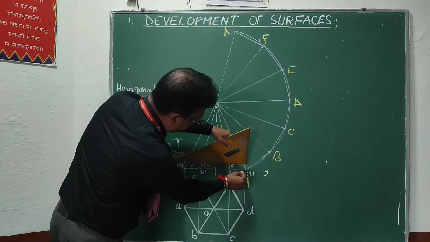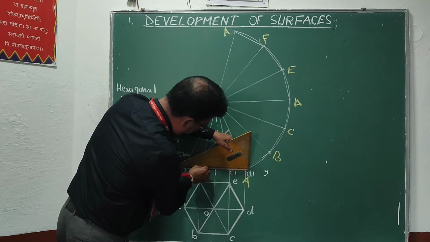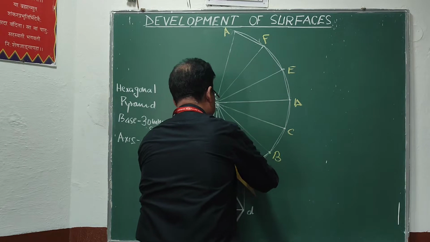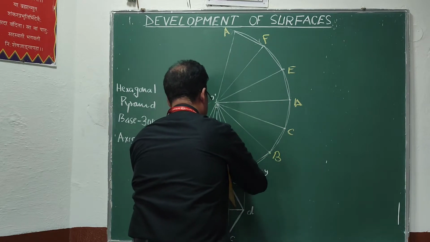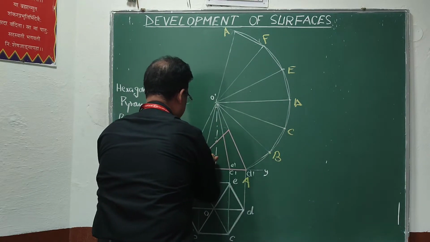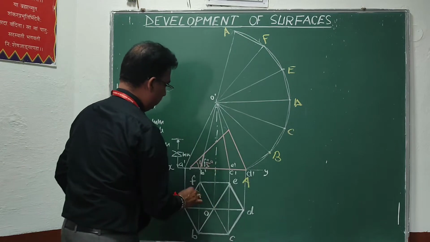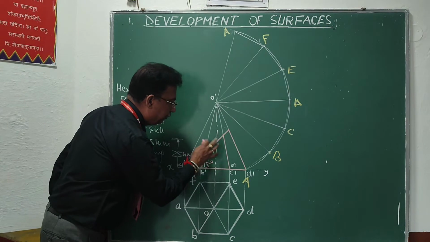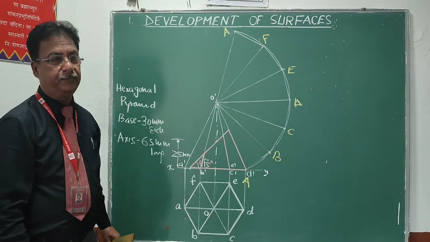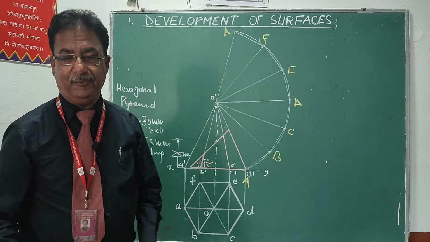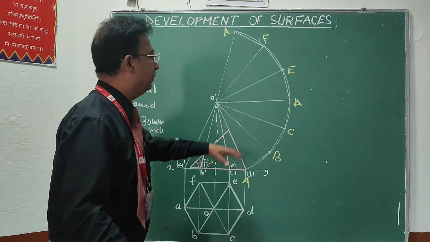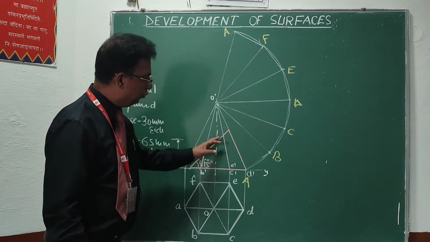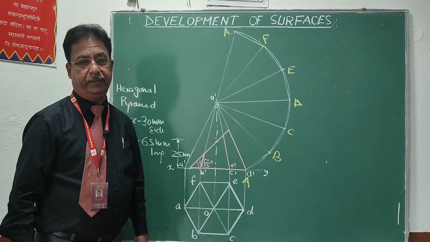Now if you look at the solid, this part will remain with us. I am going to color this part so you can easily identify the lower part. I want the development of this part only, not the complete solid. But initially what we will do is completely develop the complete solid. Now I will transfer the points on this part onto the development.